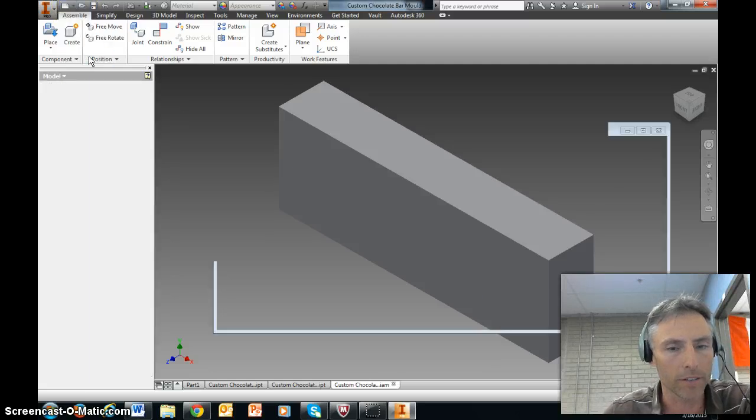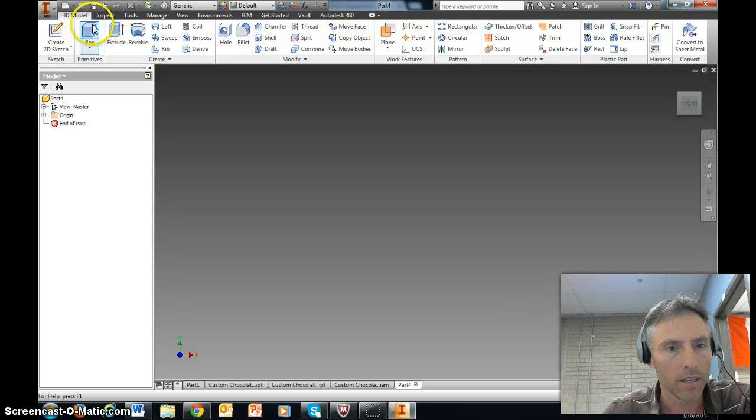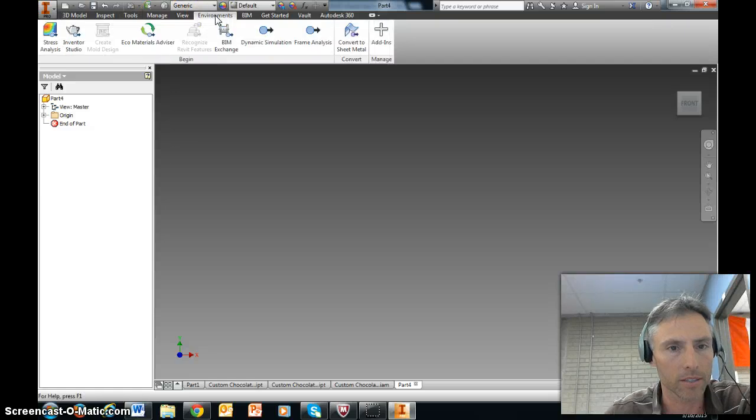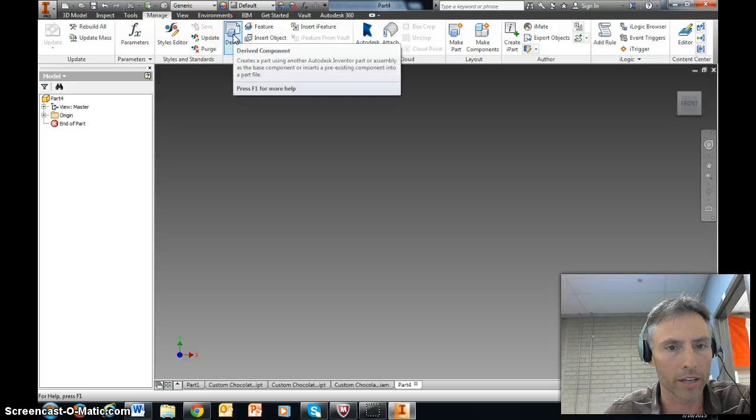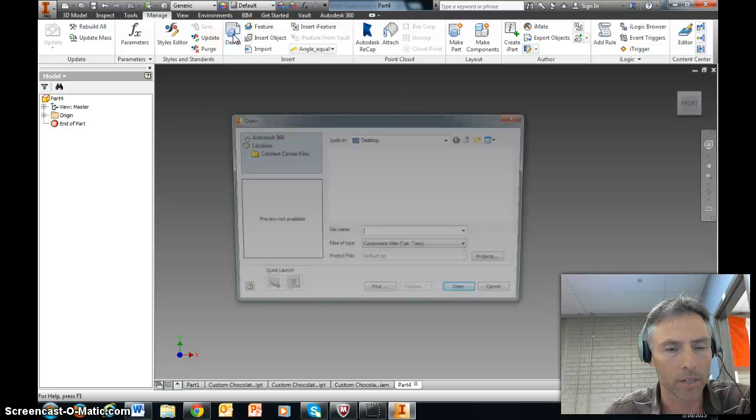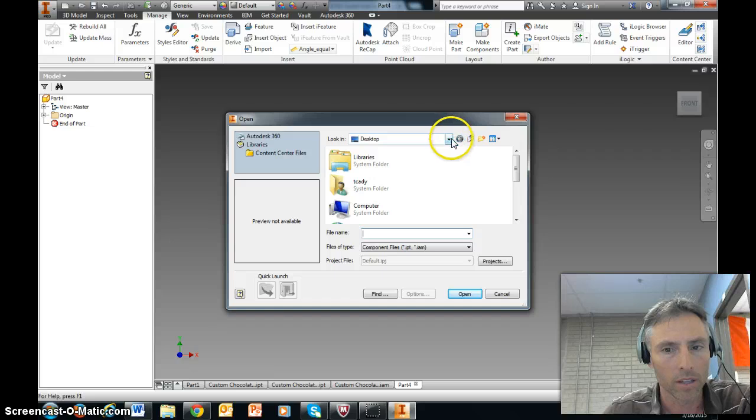We're going to go to a part file, and we're going to use what's called Derive component. So I haven't clicked on anything yet, so I'm going to go to Environment. No, I'm not. Manage? Yes. Under Manage, you'll find this little button right here, which is Derived Component. I'm going to click on that, and I'm going to go find my assembly,